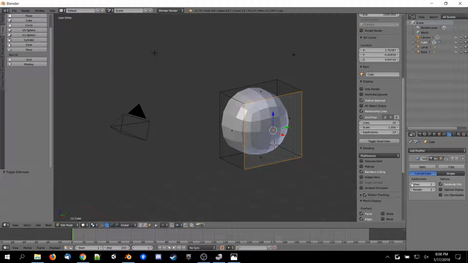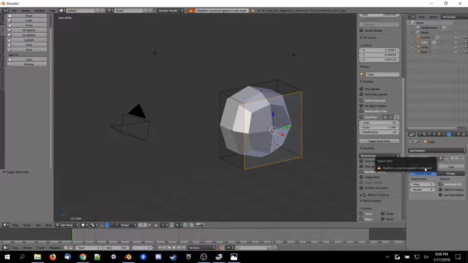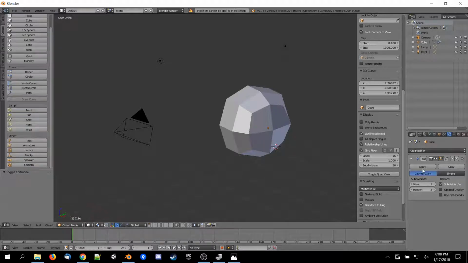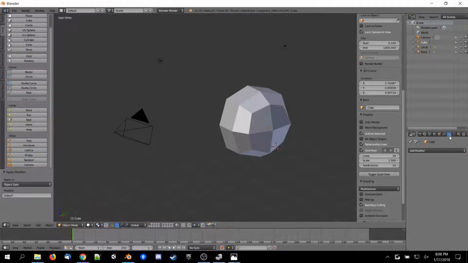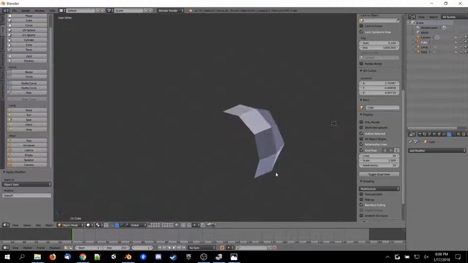I bring that down to where we were, and I'm going to actually commit to this. So I'll hit apply up here. Oh, I got to be out of edit mode. There we go. So I just hit tab to get out of edit mode. Now I'm going to hit apply, and you'll see I have no modifiers now under that tool. It's just this